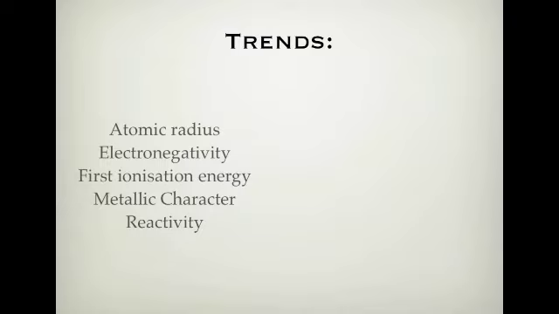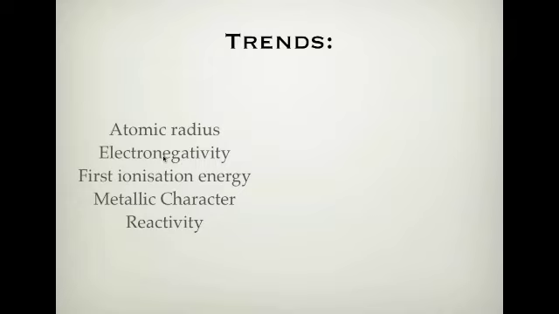Okay, trends in the periodic table. As we said, the way that the elements behave is based around where they are in the periodic table, and what Mendeleev saw was a pattern appearing in the periodic table. What we're going to look at is some of those patterns in our modern day periodic table and why this all happens. So you have the atomic radius, which is how big an atom is,